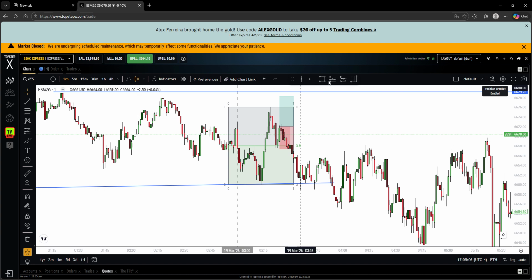I decided to wait for this 1-minute bearish fair value gap to get inverted, which it does,